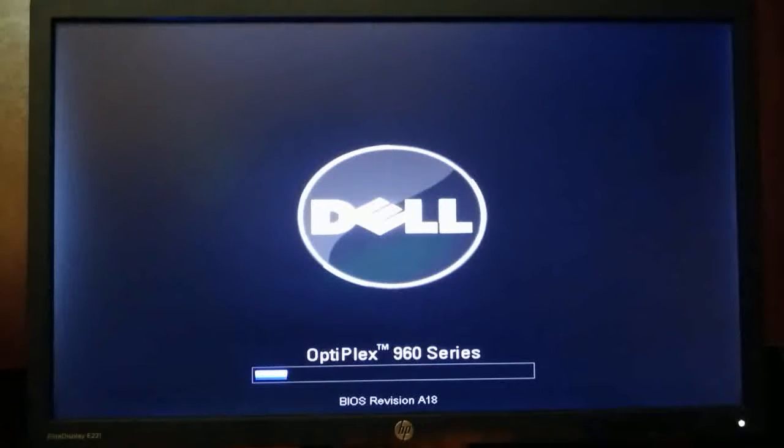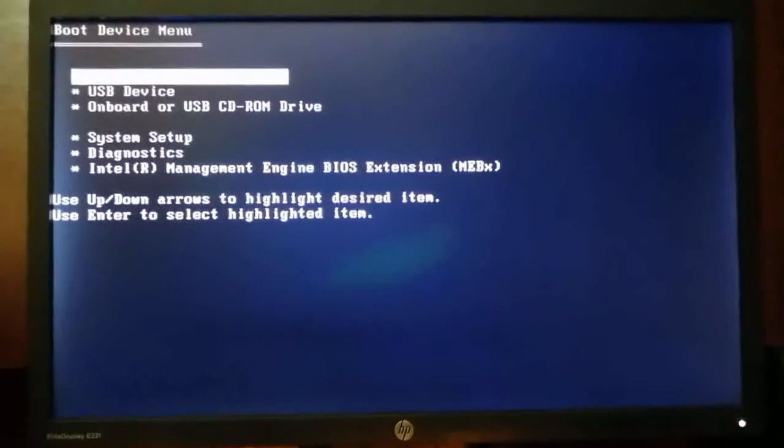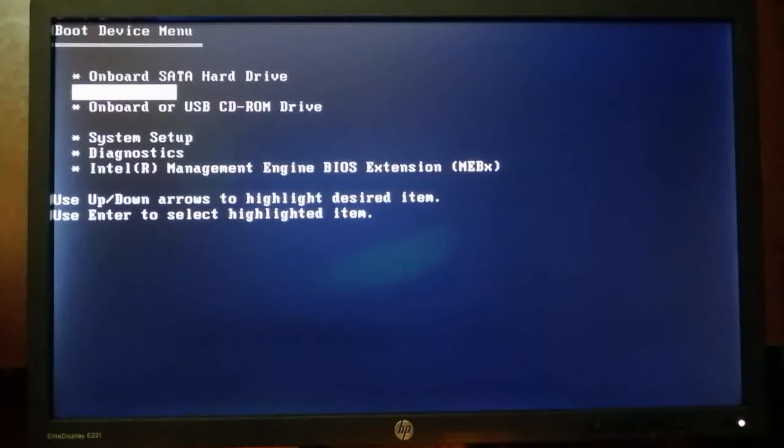and after powering on, press F12 or F10. After pressing F12, select the USB device drive and click enter,